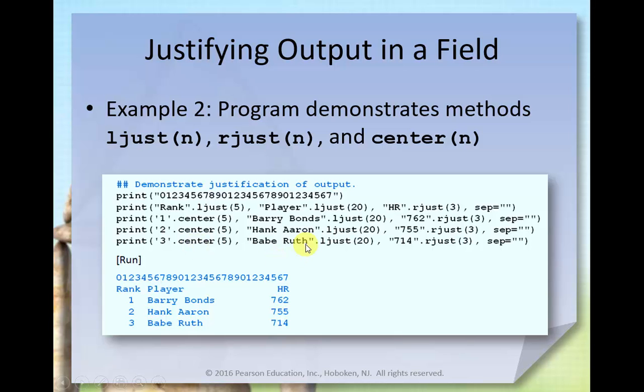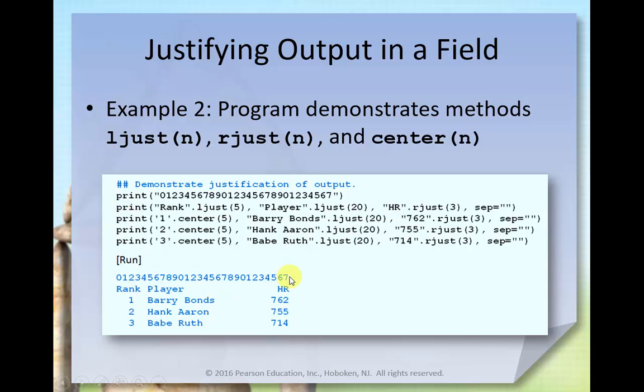A couple of new modifiers we're going to look at. Justification of your output. You can left justify, right justify, and center your output. The argument here determines the length, or I should say the width, of the field that you're going to use. So here's an example. Again, we're printing out a long string of numbers to get an idea of where we're